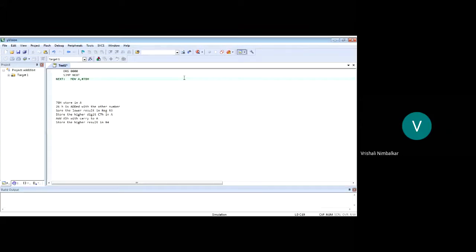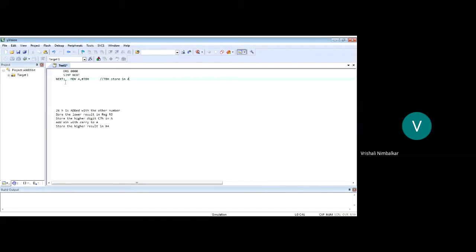Very good. Whenever you write an instruction, please make a habit of writing comments. This is a small program, so you may say it's not needed, but always have the habit of noting what you are doing here. 78 hex is getting stored in the accumulator. That's the comment. Now, next, what do I need to do? 26 hex is added with the accumulator.